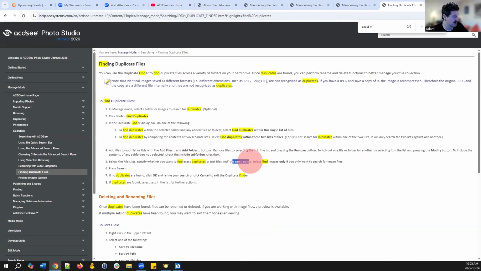So if you have images with the same file name, then it's going to be looking for this. Exact duplicates might contain more information than just the file. It doesn't further specify what's considered an exact duplicate, but my guess would be that it would have a similar